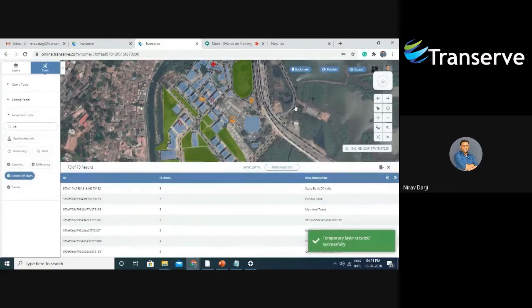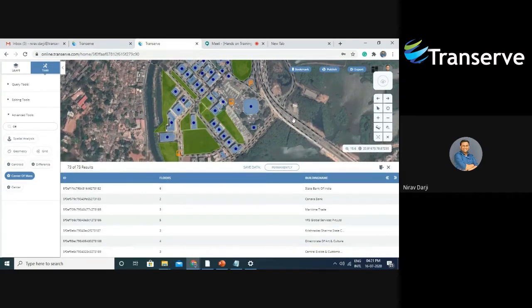So now I am going to save that as a temporary layer. You can see those blue points. These are the centers of mass. In terms of use case, the coordinates of these points can be used for advanced shortest route analysis, where the user needs a near-precise distance between two points. Some emergency services can use this kind of precise location to work out how much time it will take, or what the distance is between two different points. So for shortest route analysis, you can use that.